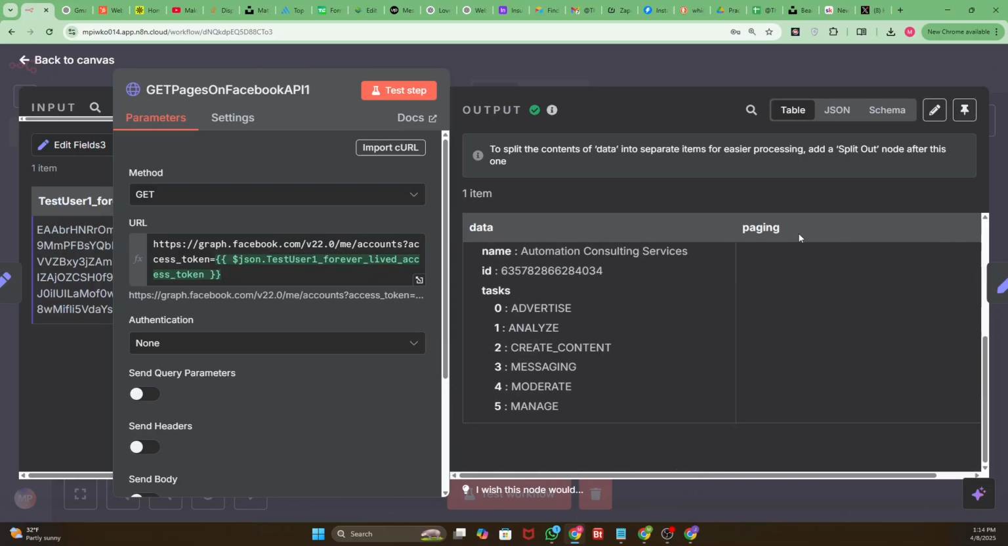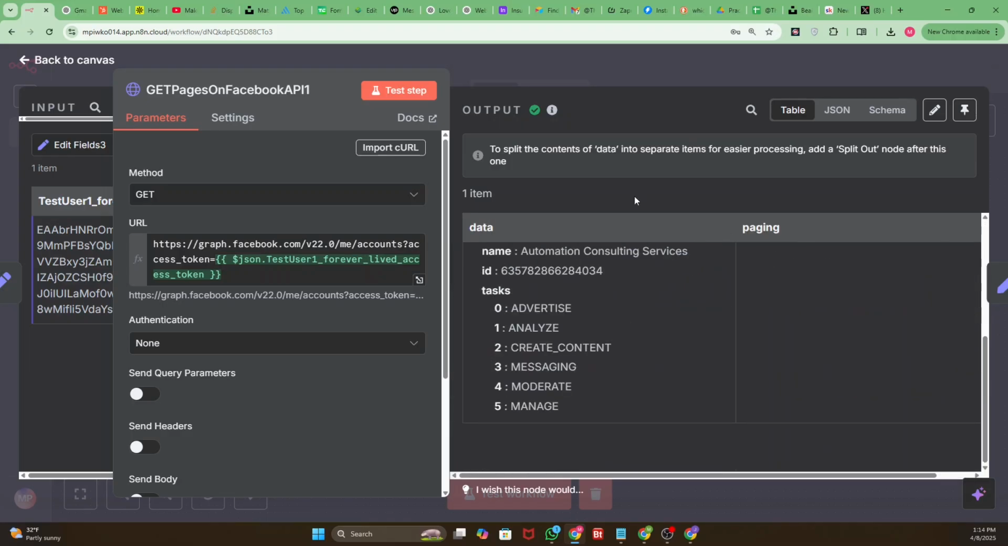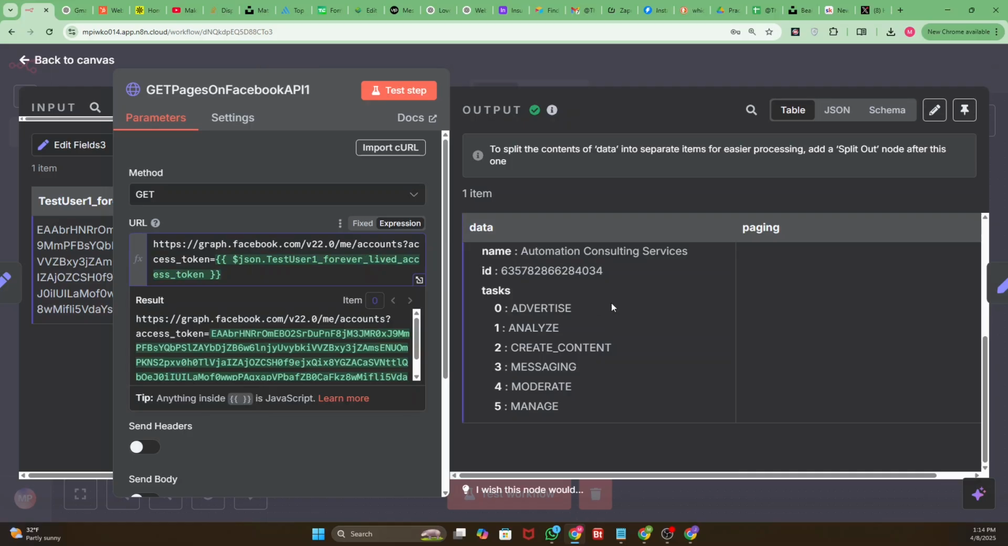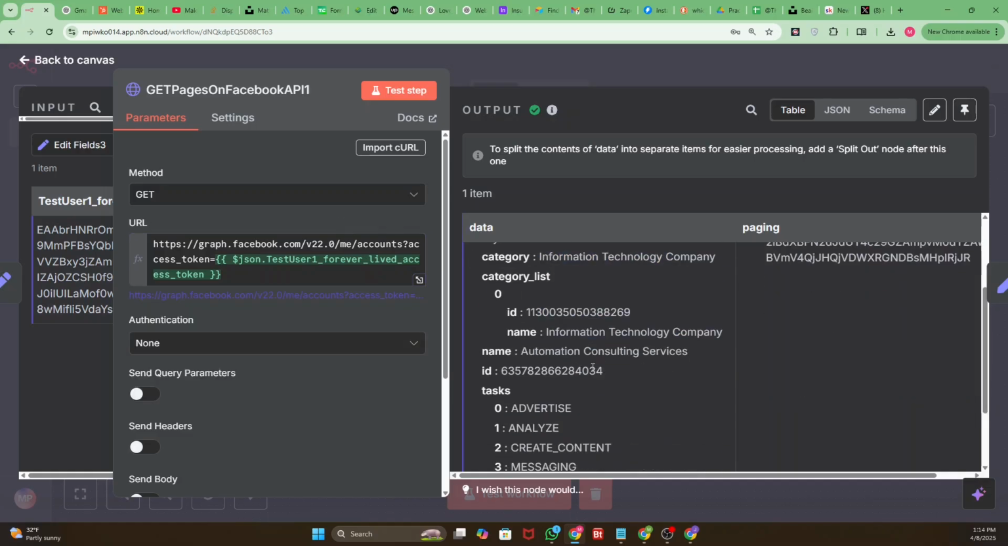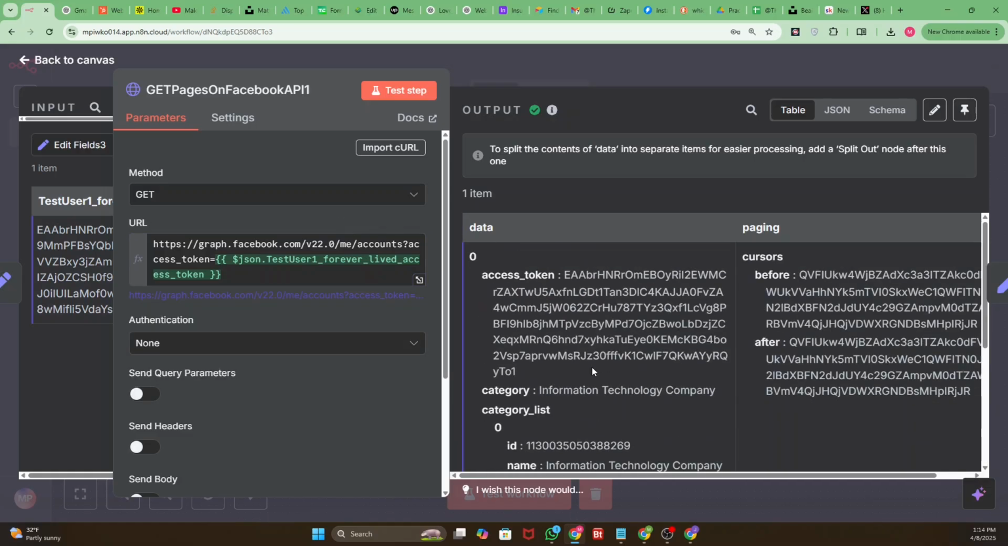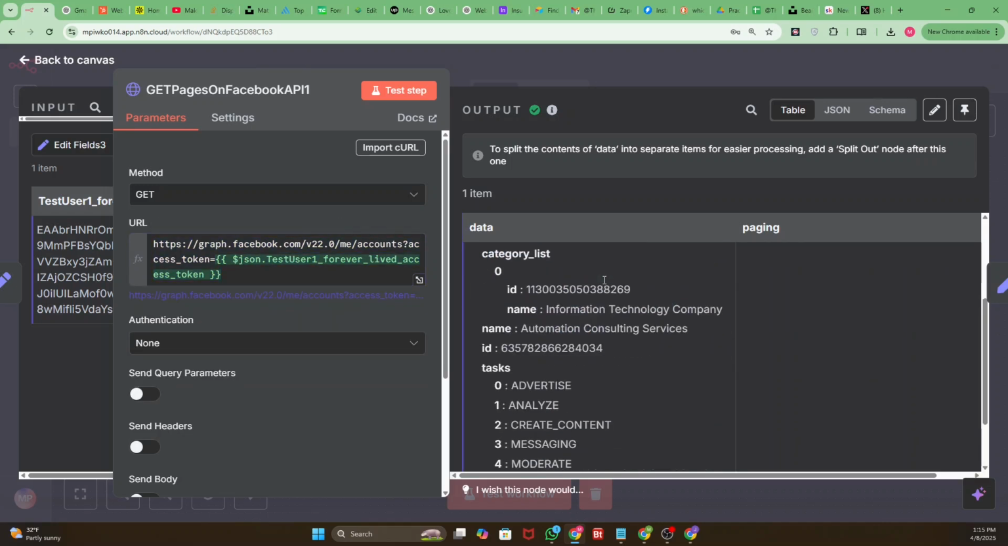And so here's what it returns. So when you put this endpoint in, it's going to return an access token for your Facebook page that's associated with your account with this access token. So this access token has access to this Facebook page,